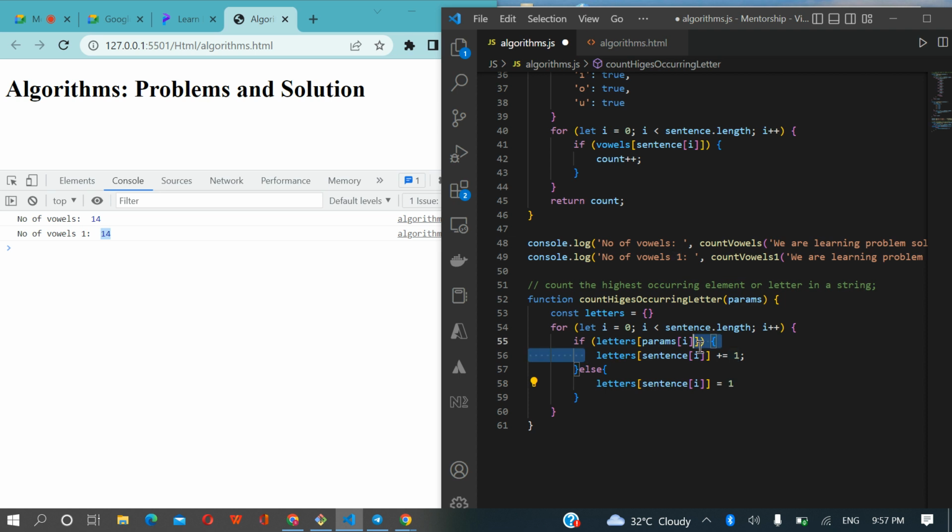Now, if we look again, go to the sentence and check for E. E is not there already. It's also going to come here and add E. But when you see the next E, we already have 1 here. So this will be true, and then it's going to increase E by 1. Now, after checking all of them,